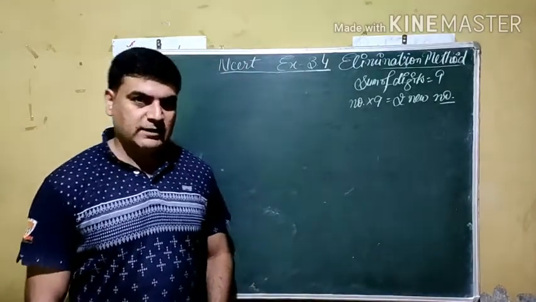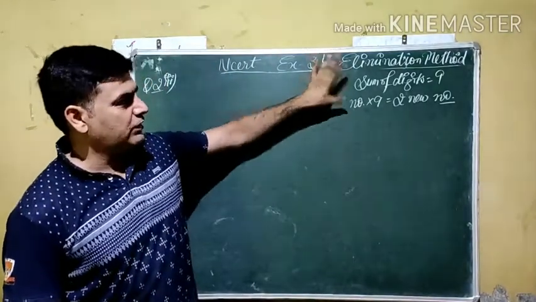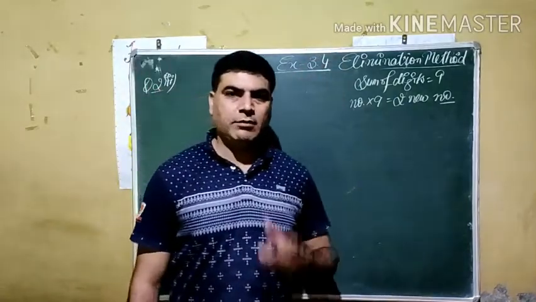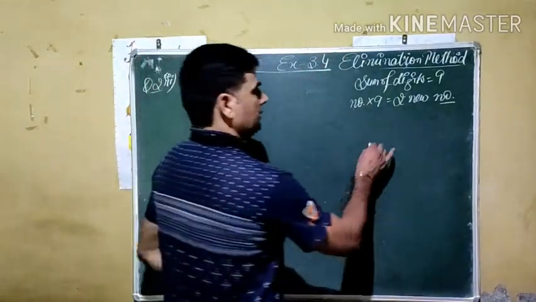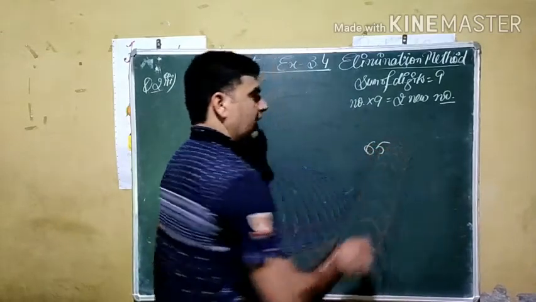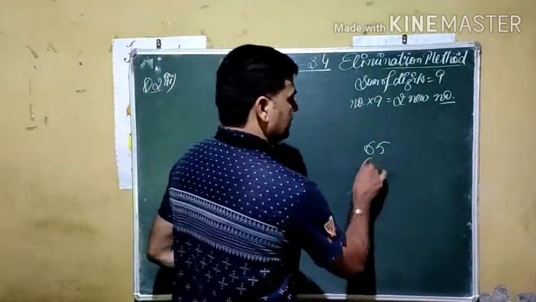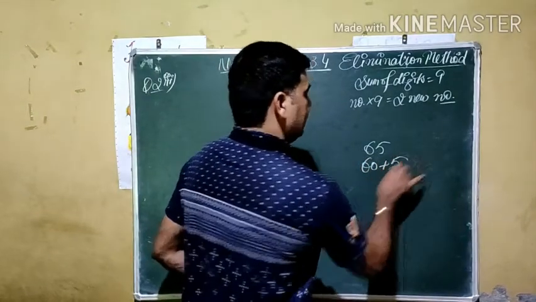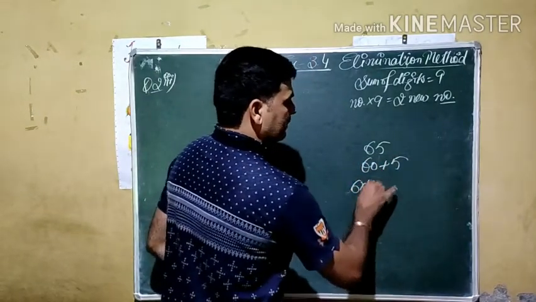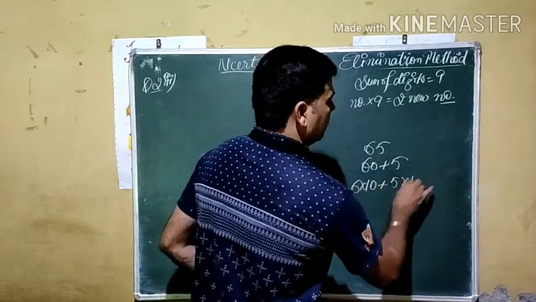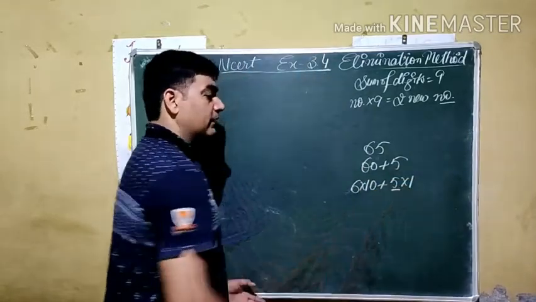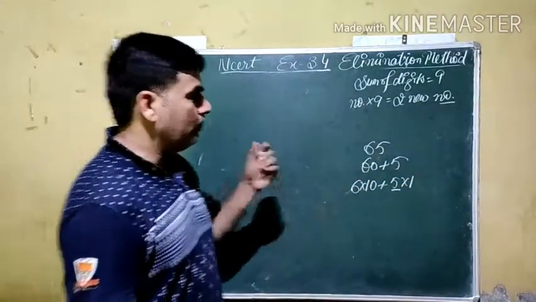Let's continue with the next part. Here is a short description of the question. We have a 2-digit number. For example, what is a 2-digit number? Like this, 65. We have done in lower classes that the expanded form of this number can be written as 60 plus 5, and it can also be written as 6 multiplied by 10 plus 5 multiplied by 1. So like this we are going to use it to make a 2-digit number.